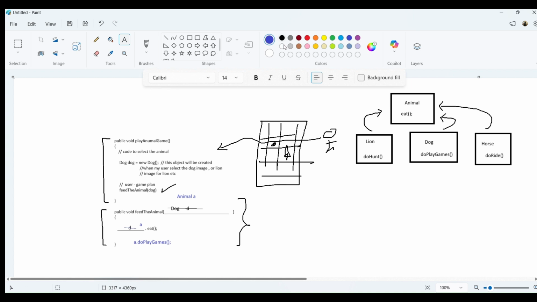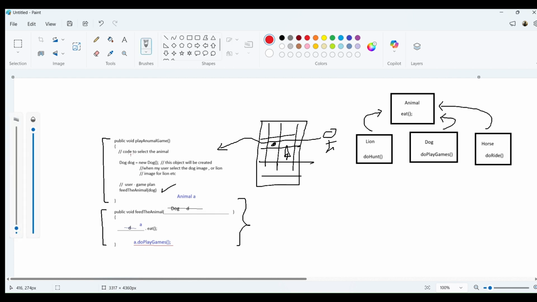While executing this method, I will get an error. This code will give me the error. Why? Because however my object is a dog, remember what I told you: the dog is selected during runtime. During runtime, when the user exists, when the user logged in,